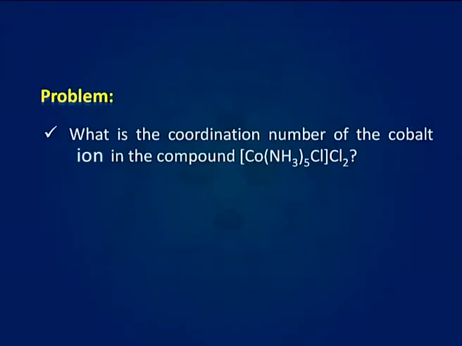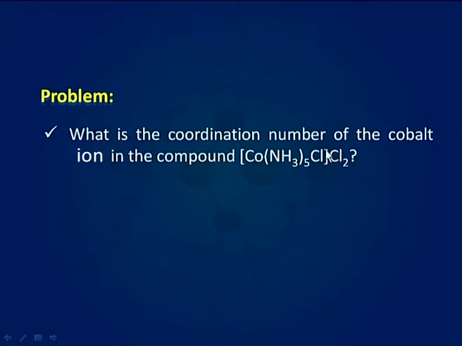You must also know how to calculate the coordination number of a metal ion or atom if the formula of the complex is given. This we can understand with the help of some problems. Here is our first problem. What is the coordination number of the cobalt ion in the compound [Co(NH3)5Cl]Cl2? To calculate the coordination number, you must only consider the coordination sphere, that is, the part of